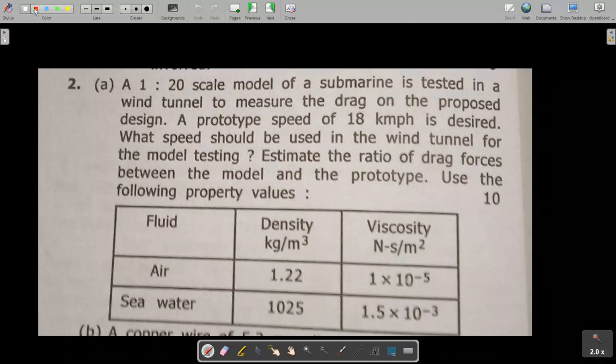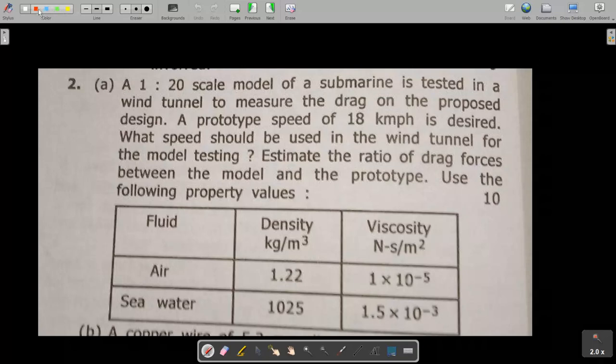One thing that may come into your mind is how we can identify which model law is used in a particular numerical, because in the exam it is not given. One thing I would like to tell you is that this comes by your practice. The more questions you practice, the more you get to know.